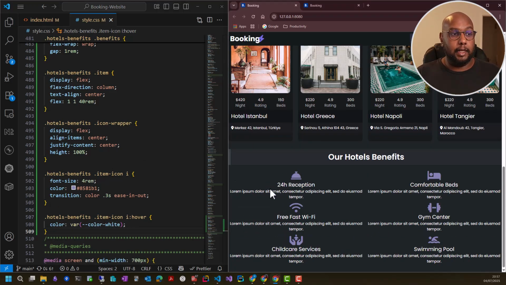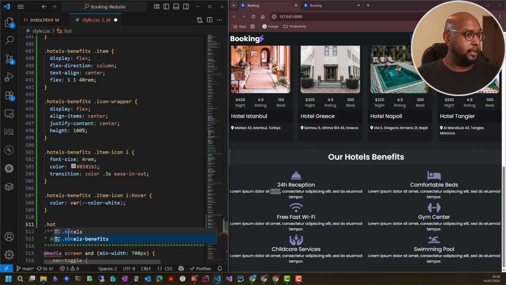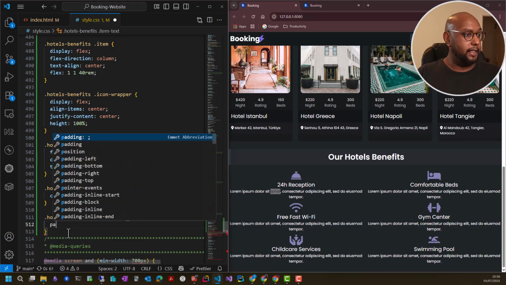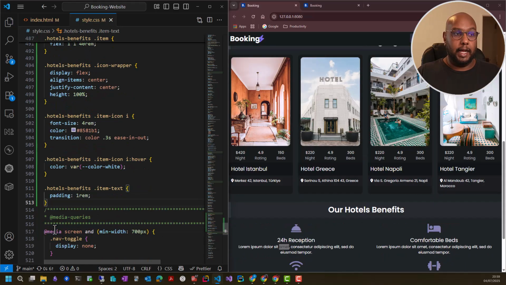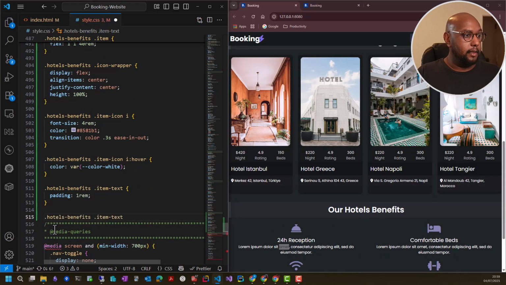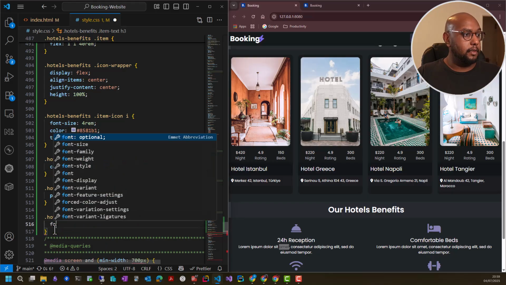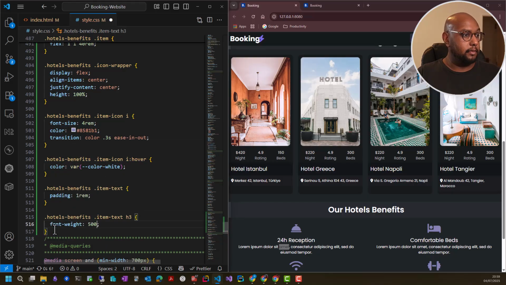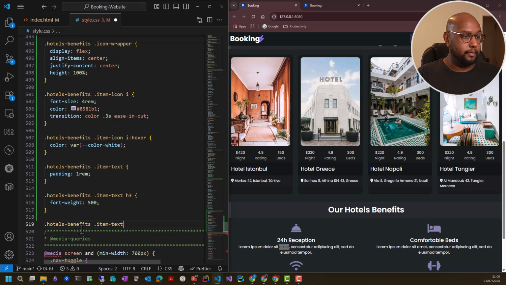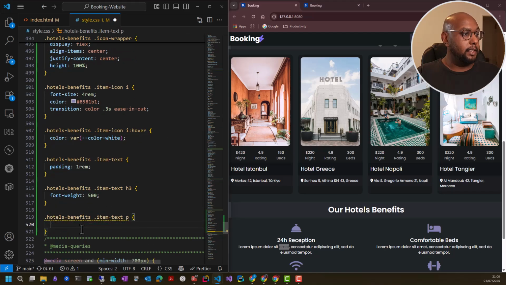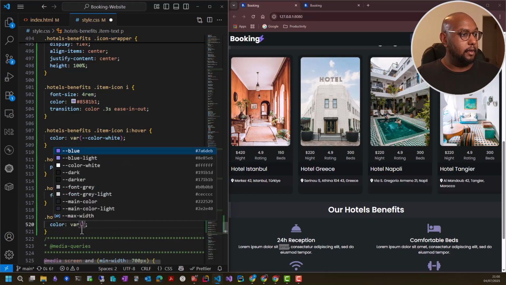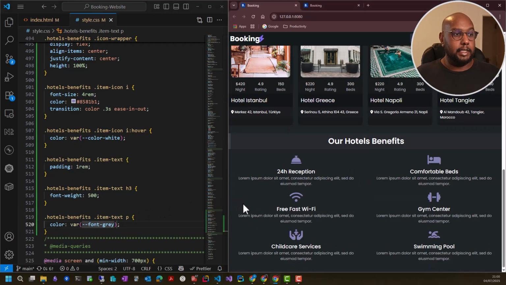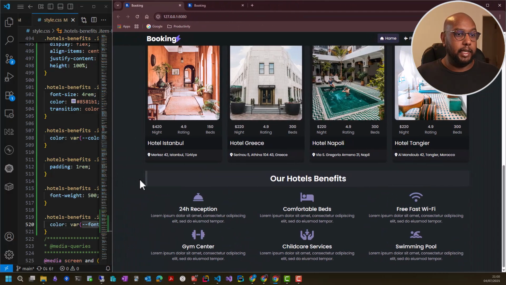So now let's style the text, which will be the item text and the H3 and the paragraph here. .hotels-benefits .item-text, padding of 1 rem, and then the H3, give it a font weight of 500, and then the paragraph, give it a color of font gray. And now this section is actually looking good at big screens